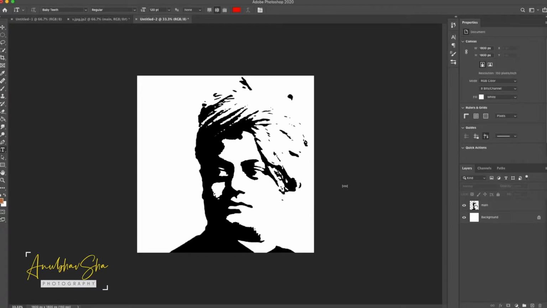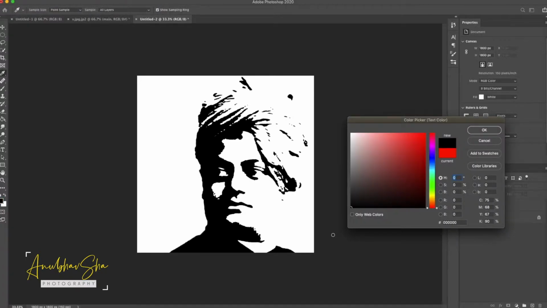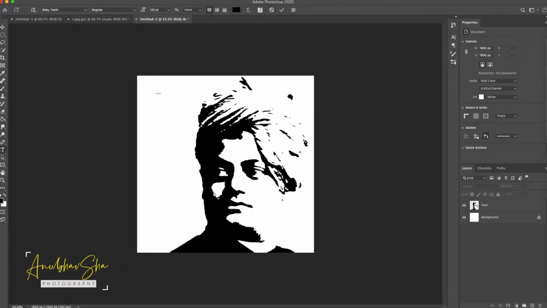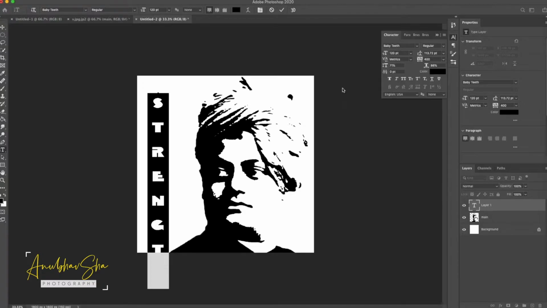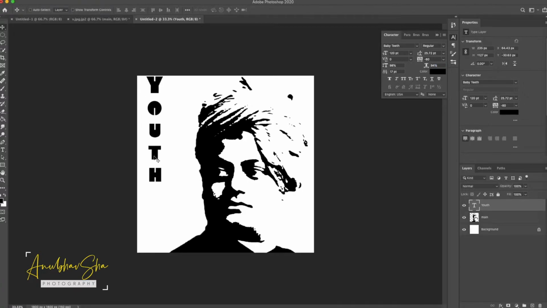Press OK. And just select the text tool, the vertical type tool. So we are going to type something vertically. Select the font, select 120 as the size, select top align, make color as black. Press OK and just type here. And once it is done, just go to the properties of text and just stretch the text a little bit and just set the text as per your requirement and adjust its size as per your requirement.